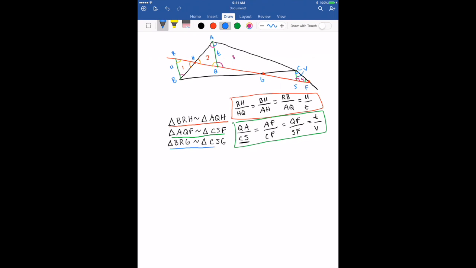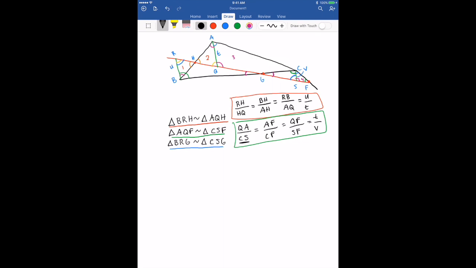Let's find the side ratios for triangles BRG and CSG. So triangle BRG is going to share the angle BRG and the angle CSG. It's right here. Then we have GBR, this angle here, GBR, is going to be GCS. This angle right here. And as we've shown previously, the other angle has no choice but to be equal. So in triangle BRG, the only angle we have left is this angle G here. And in triangle CGS, we have the vertical angle being equal there. So the side ratios for those